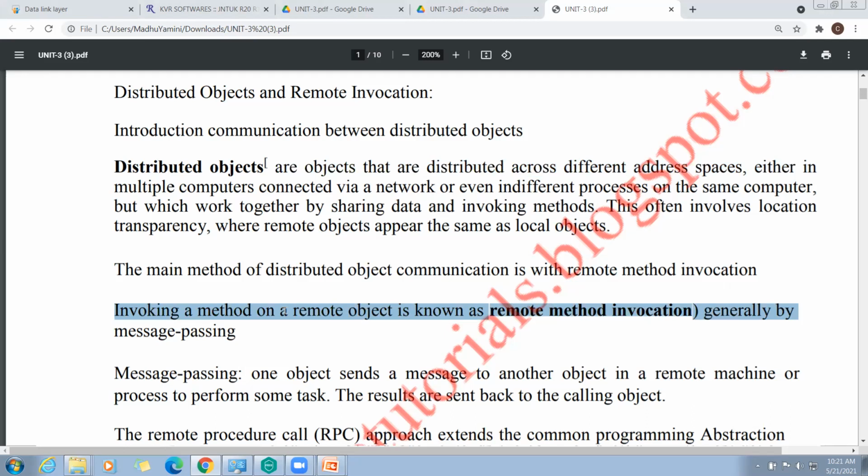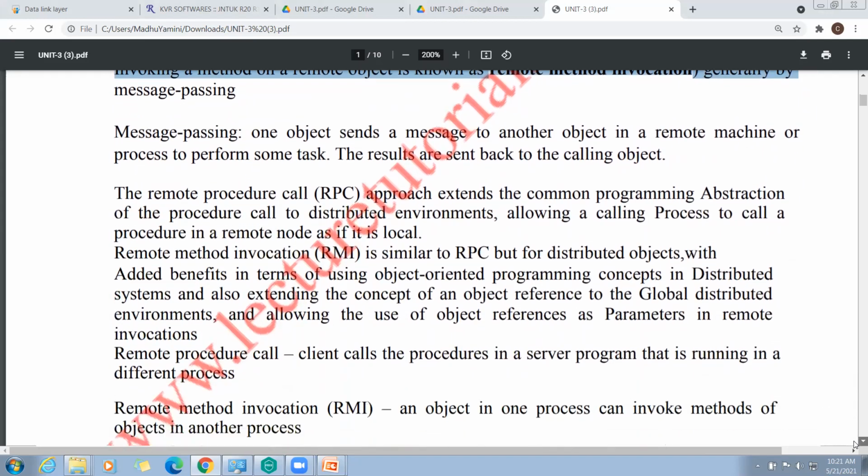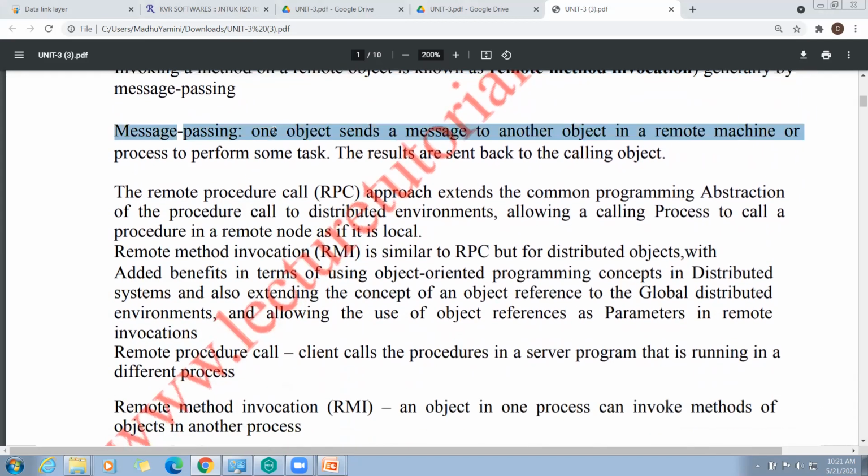It is generally done by message passing. Now see, what is message passing? One object sends a message to another object in a remote machine, or a process, to perform some task.